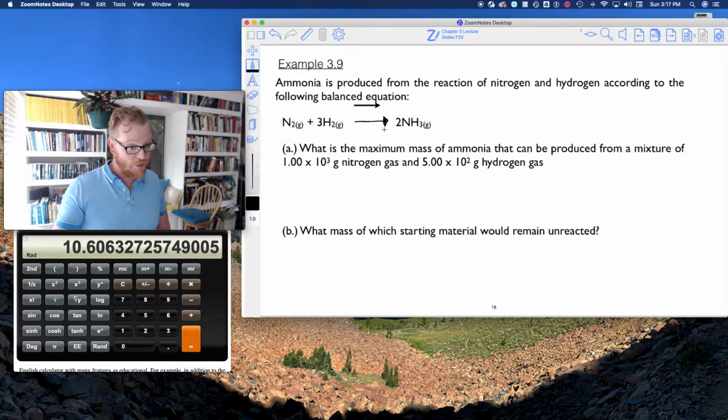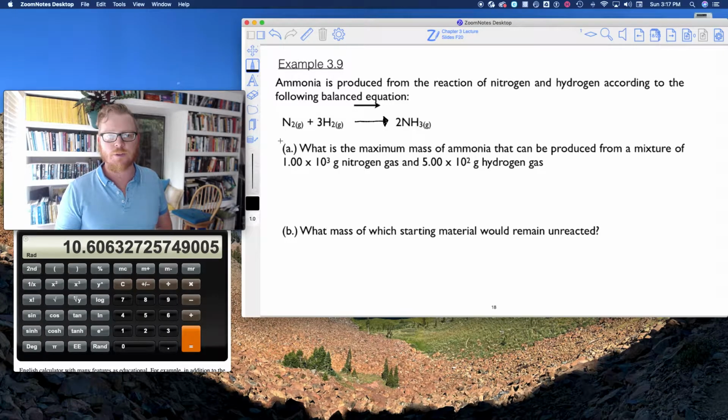equation. Okay, so this one was a little bit nicer because there's already a balanced equation. And just kind of confirming really quick, I see 2 nitrogens on this side and 2 nitrogens on this side and 6 hydrogens on this side and 2 times 3, 6 hydrogens on that side. Beautiful. Okay, so now the problem is asking me, what is the maximum mass of ammonia that can be produced